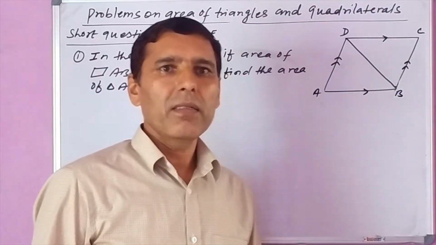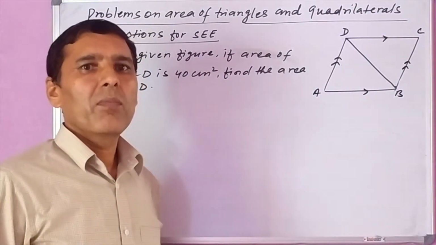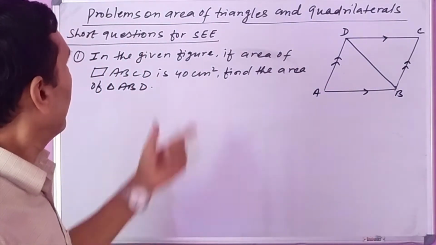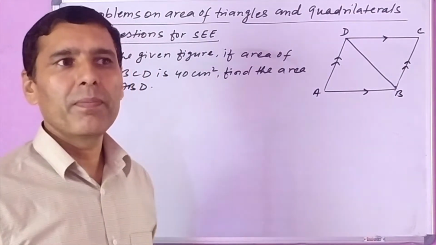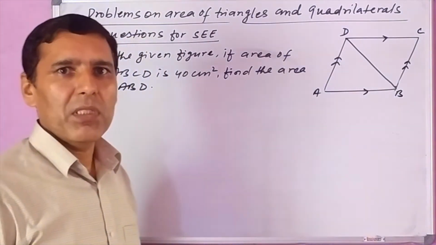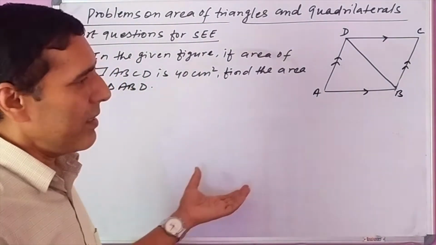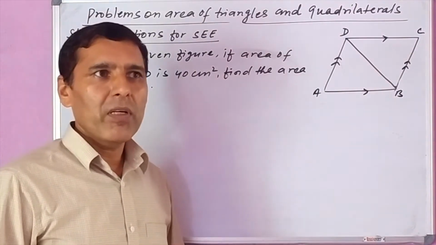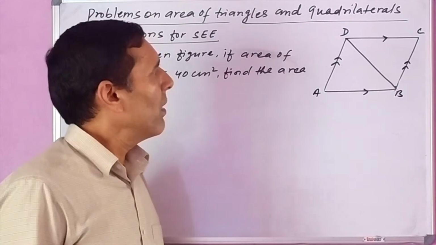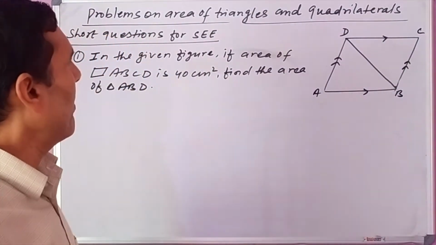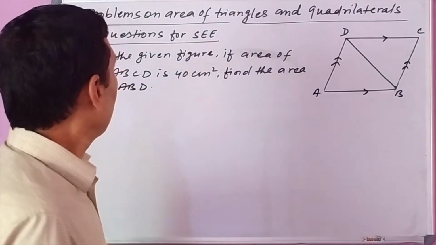Now we are starting the exercise for ARC from the first chapter of geometry, area of triangles and quadrilaterals. In some classes we solve the important questions for ARC from the chapter: short questions, long questions, and theorems which were asked in different examinations before. So first I have taken one very short, easy question. It is a 1 mark question.